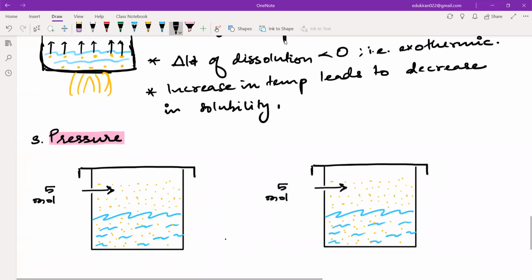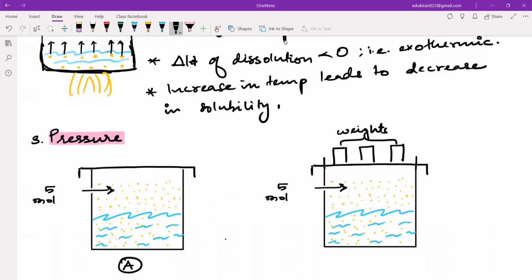The only difference is that in the second case, I have added a movable piston and I have also applied some weight here. All of these are weights. So you have situation A and situation B. Everything is the same, just that here I have not added any weights, but here I have added a movable piston and some weights. By the way, both of these are sealed. No gas will escape from either system.